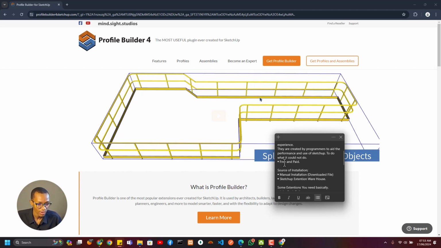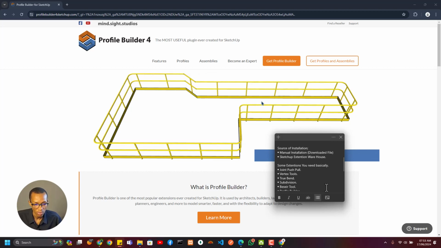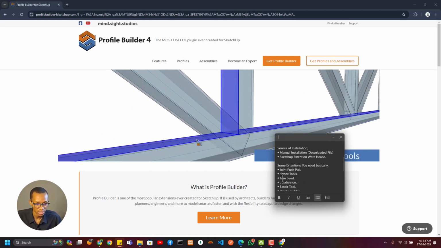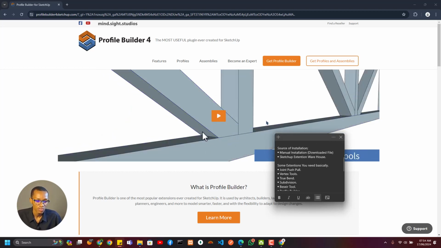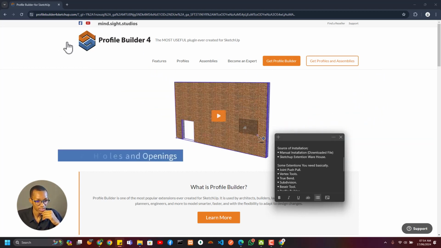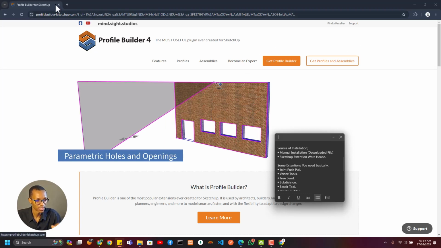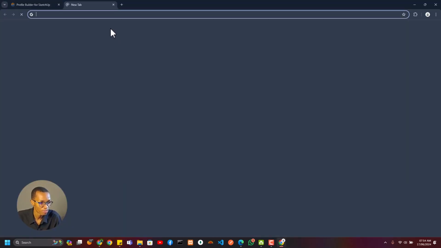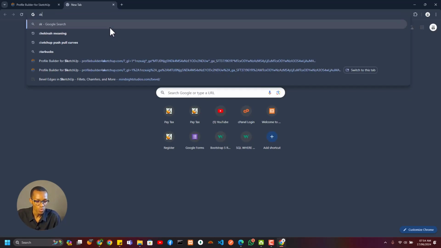I have a couple of them listed here, and we're just going to download the ones that are available from the SketchUp Warehouse. This is one of the places you could get plugins from, but the major source of free plugins